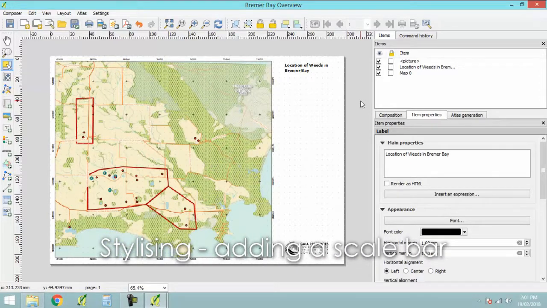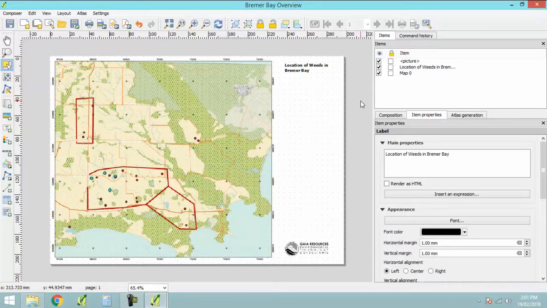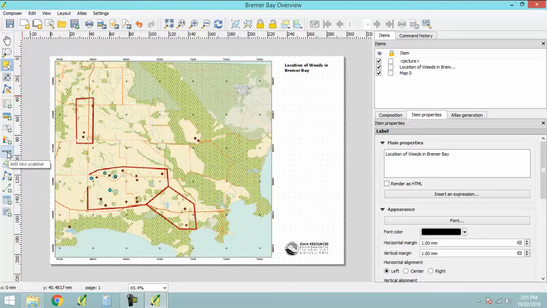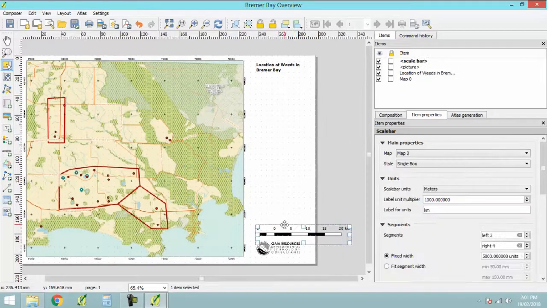Scale bars give an important reference to the size and scale of the data or features in your map canvas. They tell you how big those features are in the real world. Click Add New Scale Bar. Click on the map canvas just above the logo. Under Item Properties, amend the scale bar to the following: